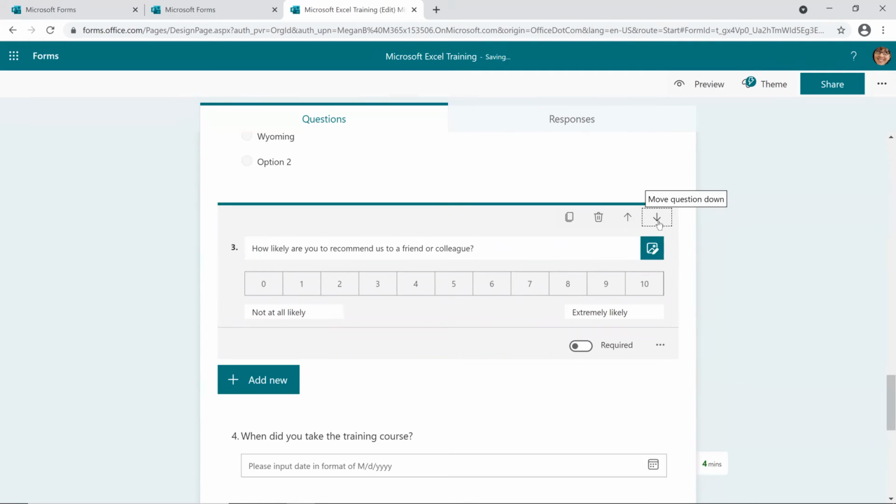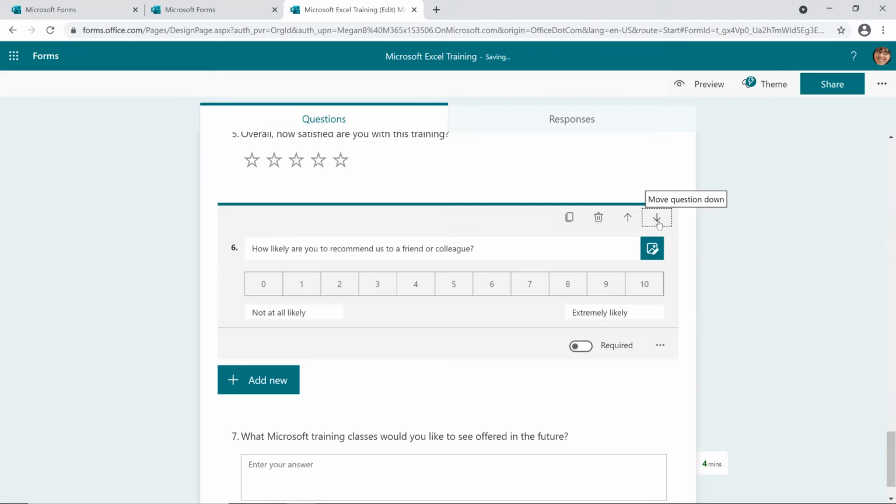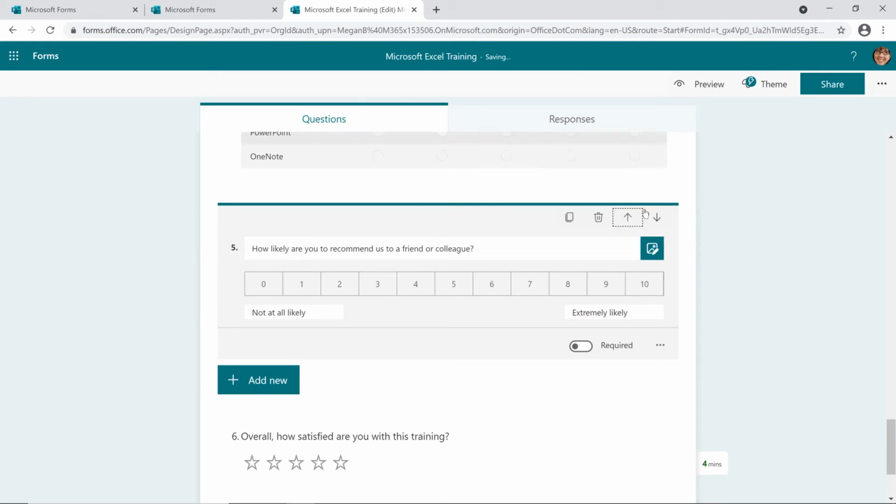But I'll continue moving this down so that it is then near the bottom of my form. So that is one of the options. That is that flexibility of being able to move these or to make these adjustments. Another type of option that you have with a question,